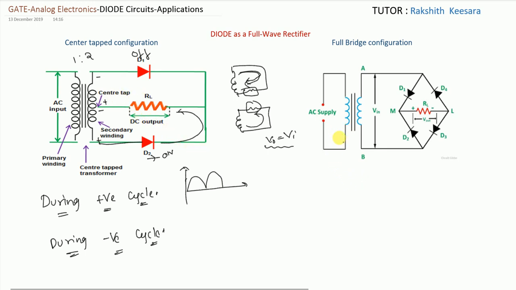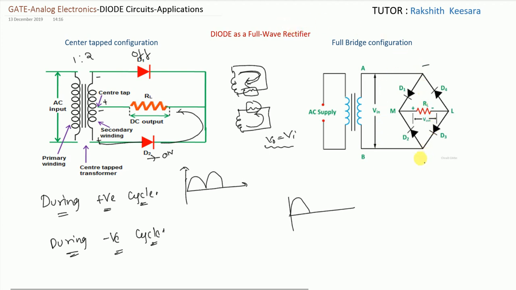Coming to the full bridge configuration, during the positive half cycle, here positive is applied, here negative is applied. So diode D1 is turned on and diode D3 is turned on. So our circuit will be like this. This is the output voltage. So output voltage equals input voltage during positive half cycle. So I'm writing this. Next, during negative half cycle,